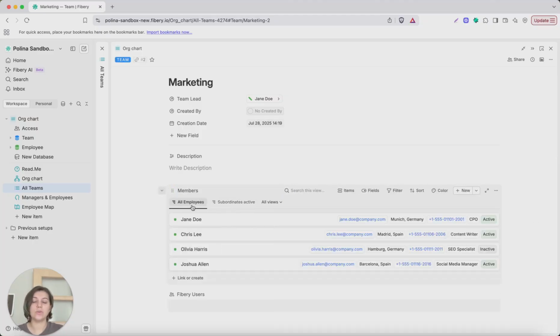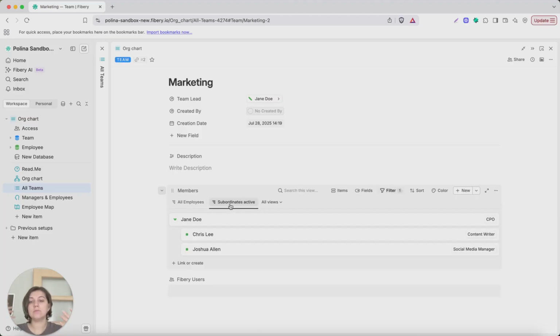So you can switch from all employees to the grouped version, and if you are missing something, you can also add your own options here as well. And there is another field. So Fabric users is a representation of the users which indeed joined your workspace. We will need these